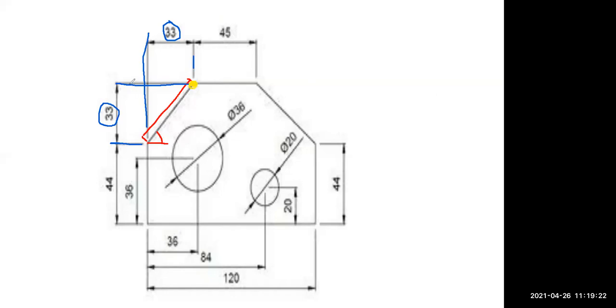We will draw two temporary lines of 33 to obtain, suppose I want that point. So what I will do, I will draw a line from this point to this point of length 33. And from this point, I will draw another line up to this point, 33. So we will automatically get this point. Once we get this point, we will delete these two temporary lines. So let's move on to our